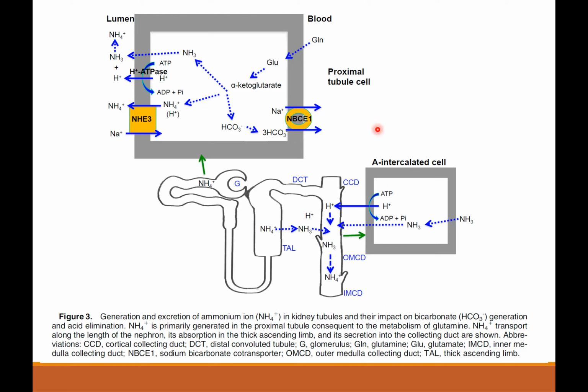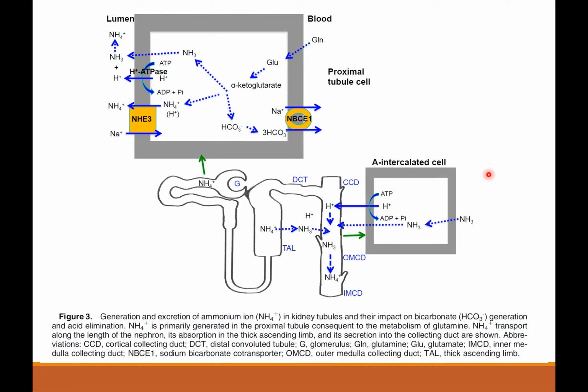So where can the ammonia mechanism go wrong in the PCT? One, when the H-ATPase is not functioning, or when the NHE3 is not properly functioning and sending the ammonium out, or when the NBC is not functioning and pushing the bicarbonate out. If there is excess bicarbonate left in the cell, it will stop the reaction and will not allow it to go this way, so much so that ammonia is not generated.